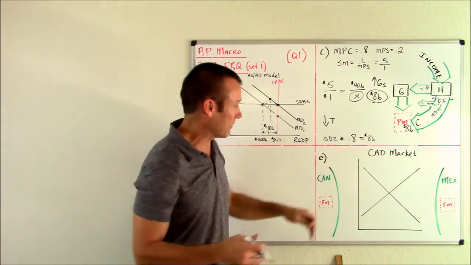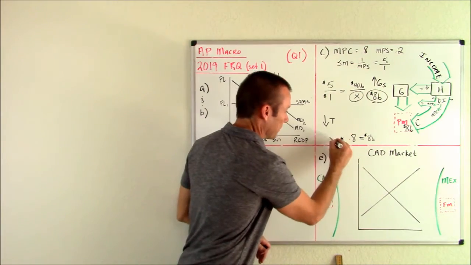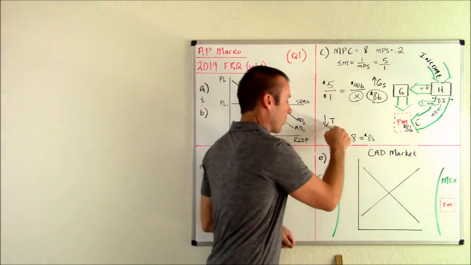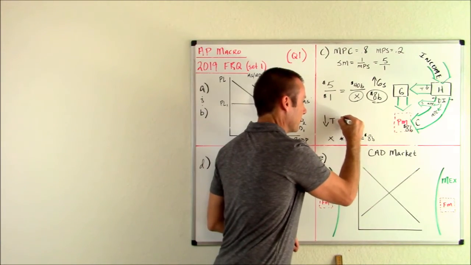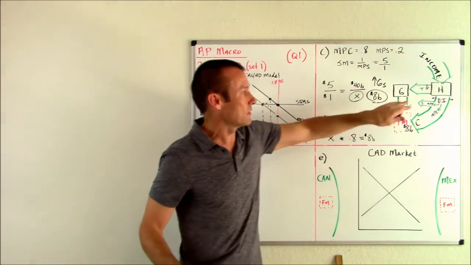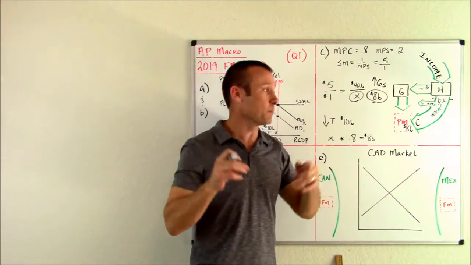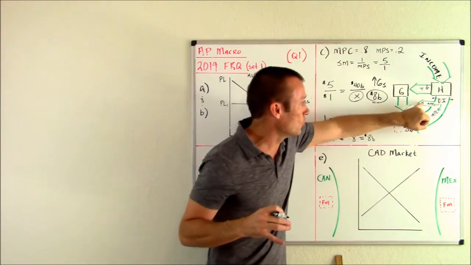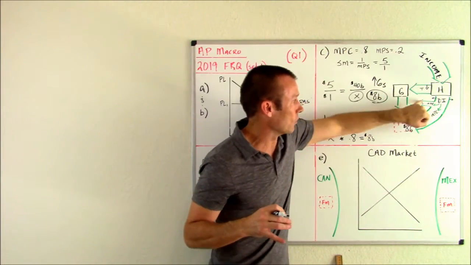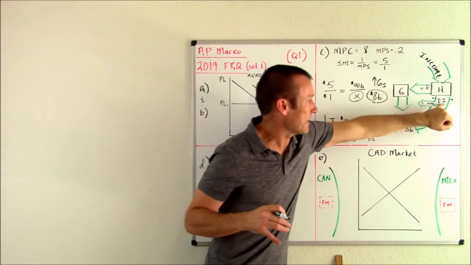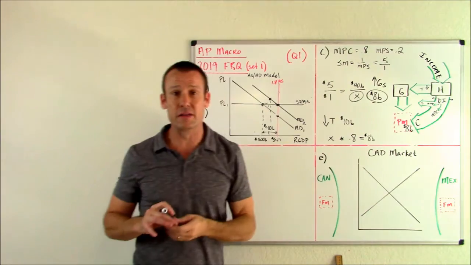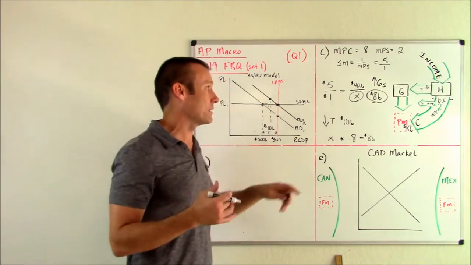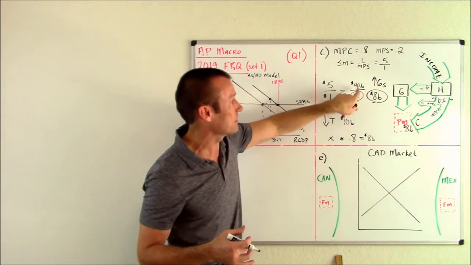Well, if you solve that, remember, you can just put an X if you feel better about it, right? You just solve that, that's $10 billion. We need to lower taxes by $10 billion. If we lower taxes by $10 billion, disposable income will increase by $10 billion. When disposable income increases by $10 billion, $2 billion, 0.2, will go to savings. 0.8 of that, $8 billion, will make it here. Our initial change in spending will be $8 billion. And guys, that's what we need. The initial change in spending of $8 billion to get a $40 billion